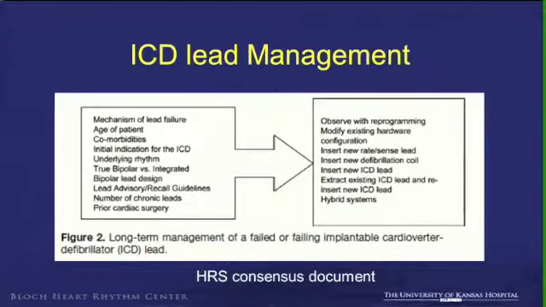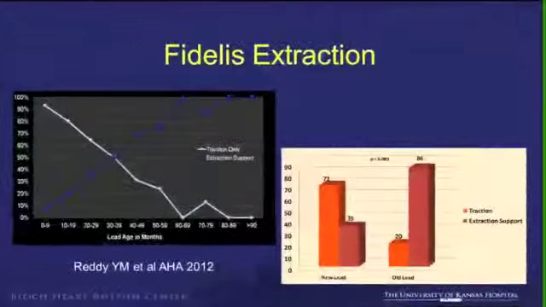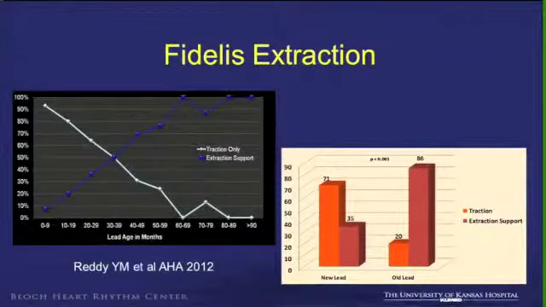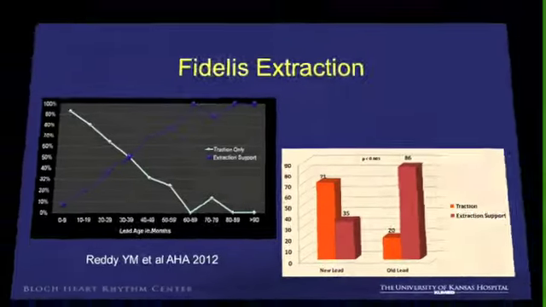If it's a pace-sense fracture and the patient is 89, maybe you can get away with another ICD lead or another pace-sense lead, and things like that. So there are many options, but is that what we need to do, or is there a safety in lead extraction? This is our own experience here, showing that as the lead ages, there is increasing complexity of lead extraction, in the sense that they need more laser extractions. After about 50 months or so, every lead needed a laser extraction.